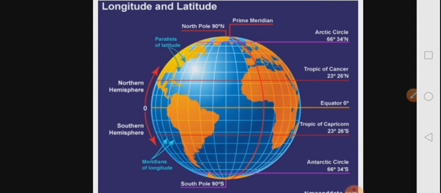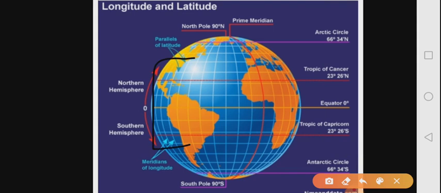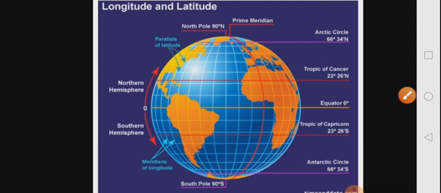Now all those areas that are found between the Tropic of Cancer and Tropic of Capricorn face minimum dramatic changes in the weather, which means they do not experience all the 4 seasons like summer, winter, heavy rainfall. The season throughout the year remains the same. They receive a heavy amount of sunlight, and there is a heavy amount of rainfall in these areas.